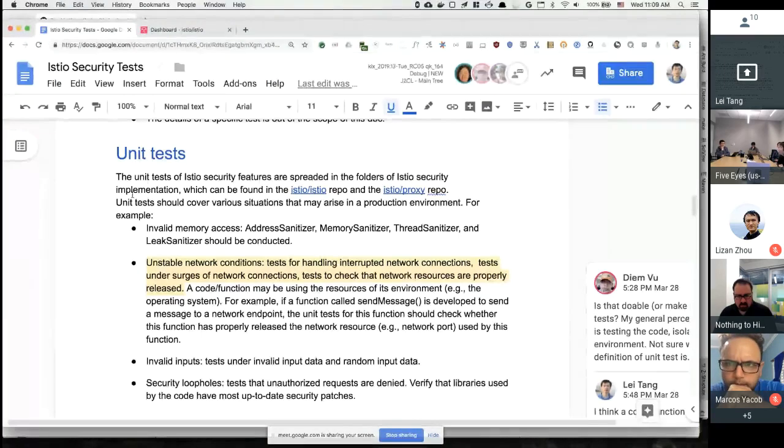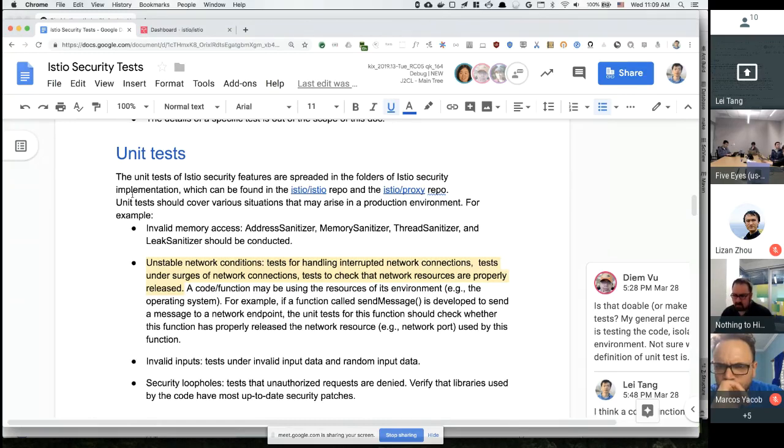I think some tests, for example, I see some functions like send message, right? This send message function is actually using a network port and binding to a port. We want to make sure the unit test for this function, for example, send a message, works correctly, and can handle different